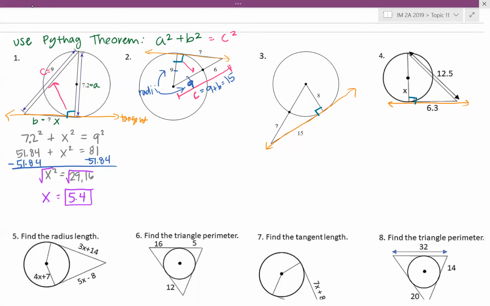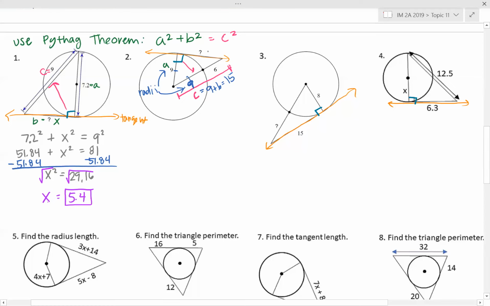For A and B, again, it doesn't really matter which order I'm using them. I'm just going to make the 9 A and our variable B. And so if I'm plugging these into the Pythagorean theorem, that means I'm going to do 9 squared plus, and we'll just continue to call this question mark x, plus x squared equals 15 squared. So 9 squared is 81. 81 plus x squared is equal to